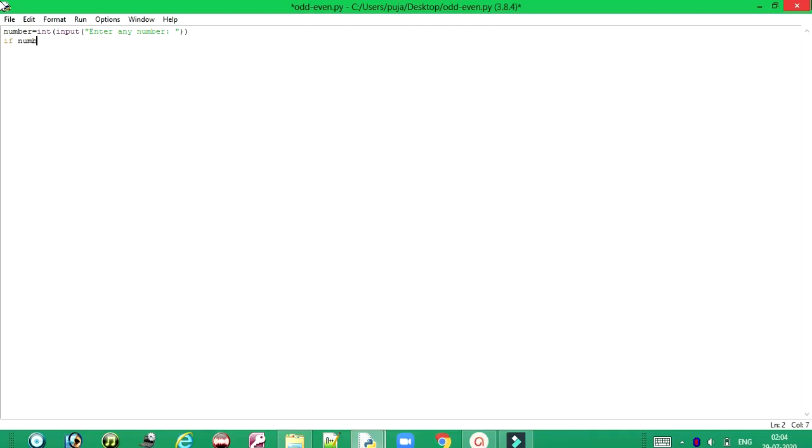If number modulus operator 2 equals 0, then print "number is an even number".